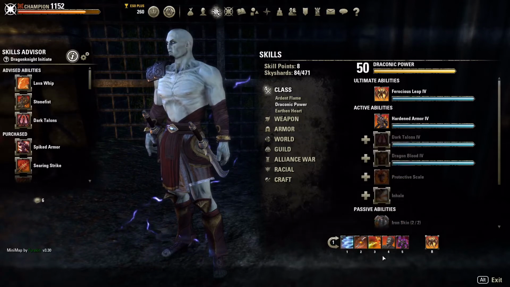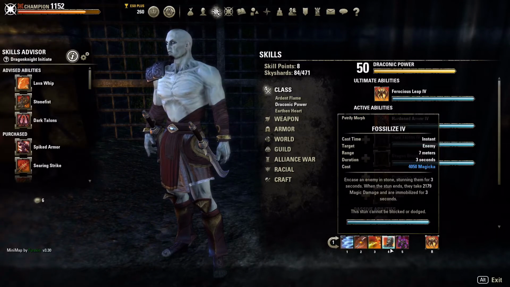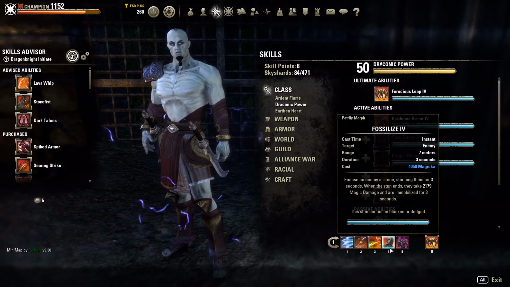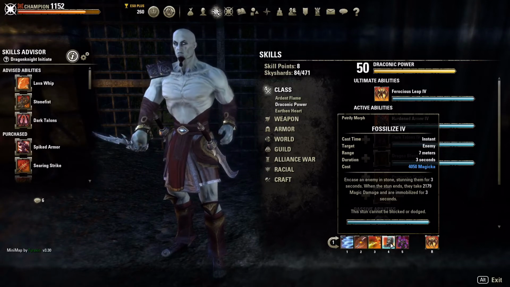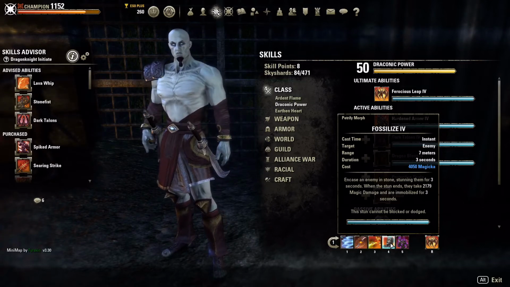channeled bloodthirst into them. If we're going to CC them, we're going to use the best CC in the game, Fossilize. It's got a high Magicka cost, but the nice thing about Fossilize is it's both a hard CC and a soft CC. And so this will stun and immobilize the target, and they have to break both